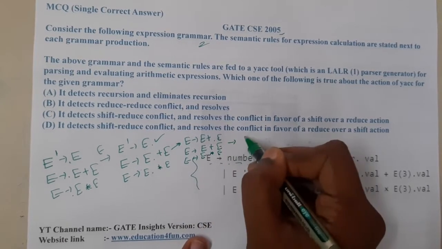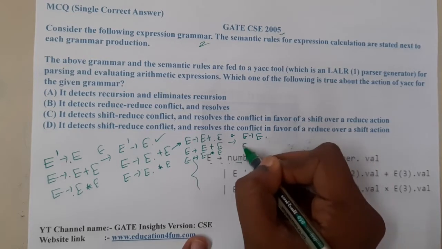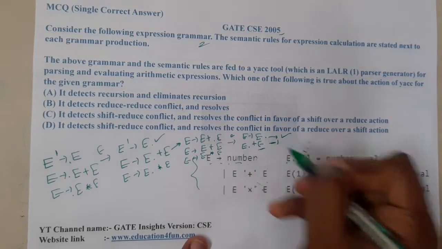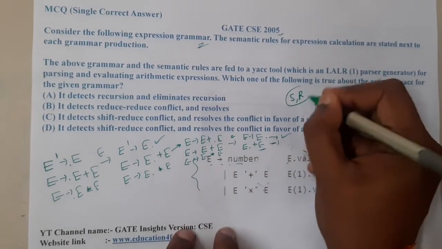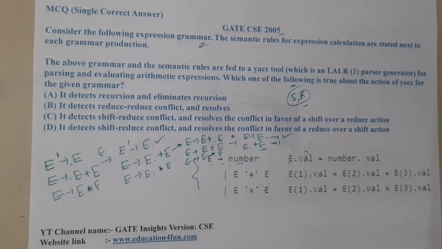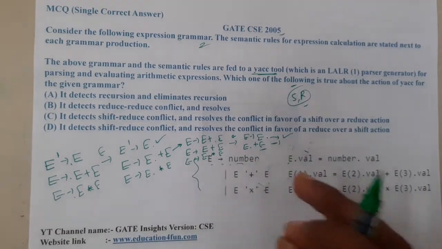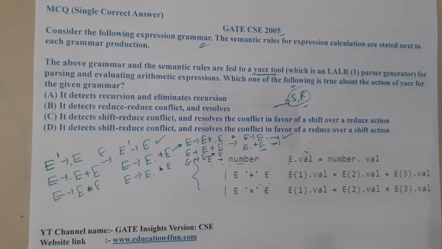Now if I pass E, what will happen, guys? One of them is going to complete and the other is still in its middle state. This is completely done and this is still going on. So what is it? It is nothing but a shift reduce issue. To be clear, remember this particular thing, guys: whenever you are using the yacc tool, it gives more preference to shift operation than reduce operation. Please remember it.